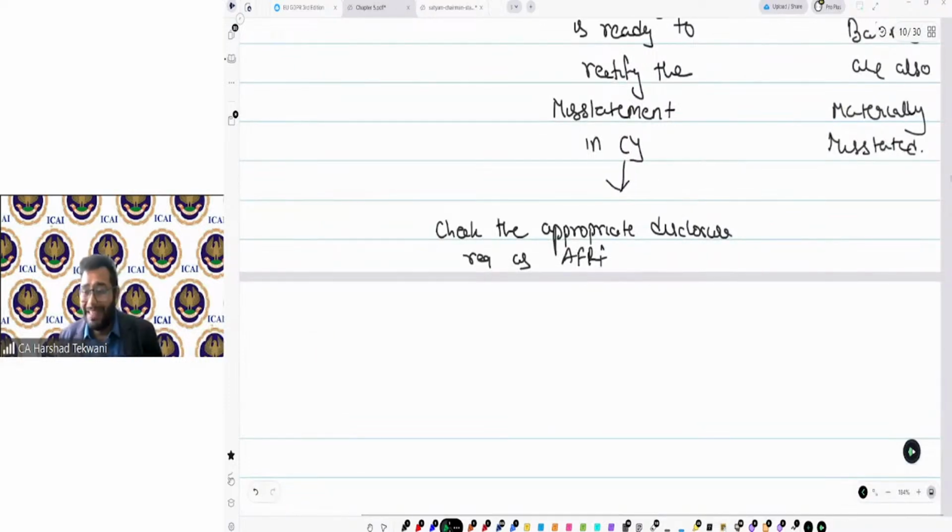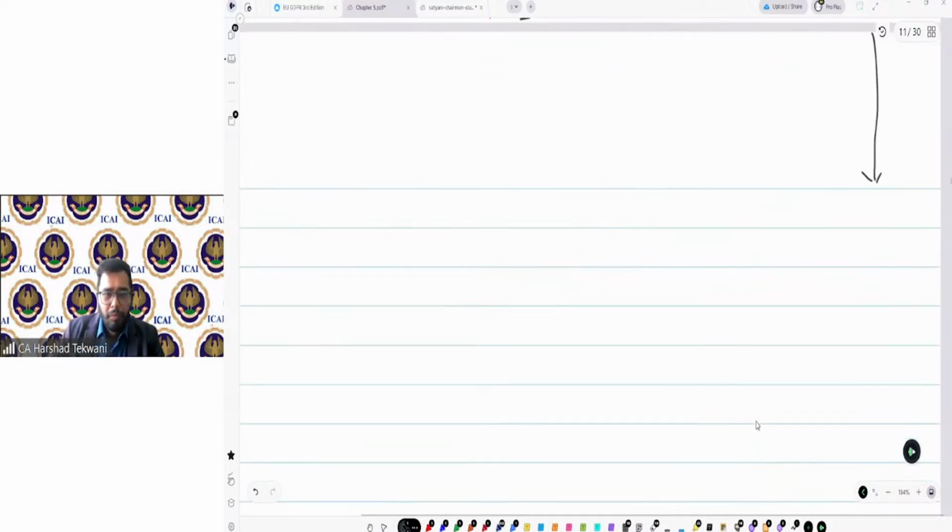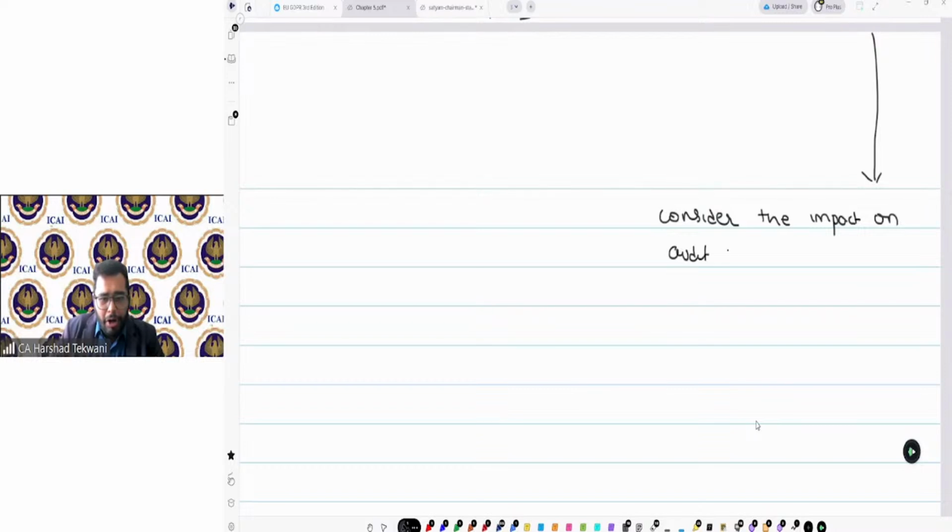If I conclude the misstatement is still there, in that case also I need to consider the impact on my audit opinion, as per SA 705.